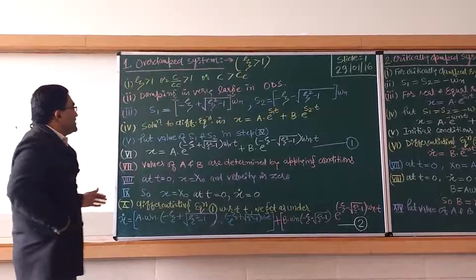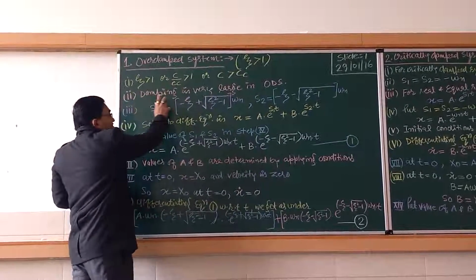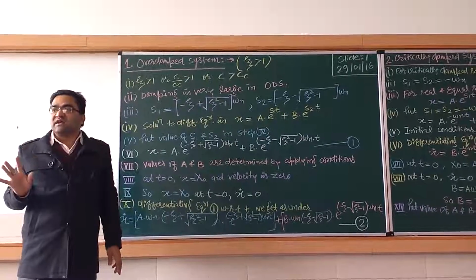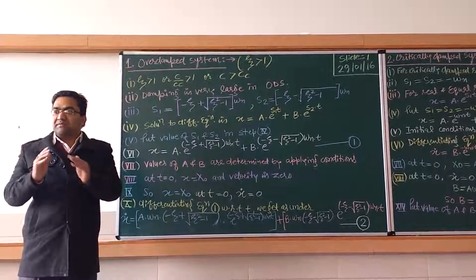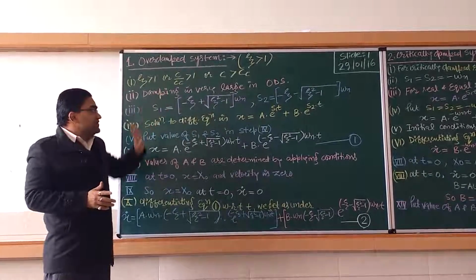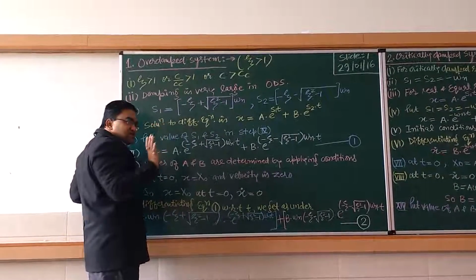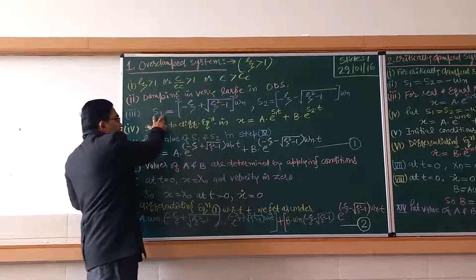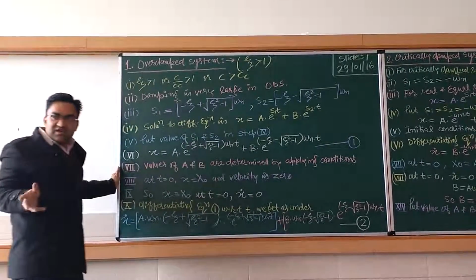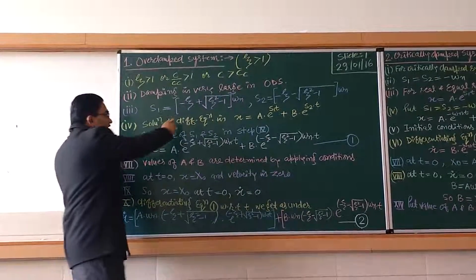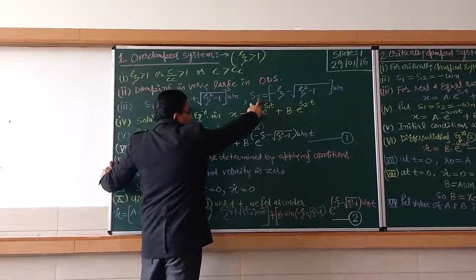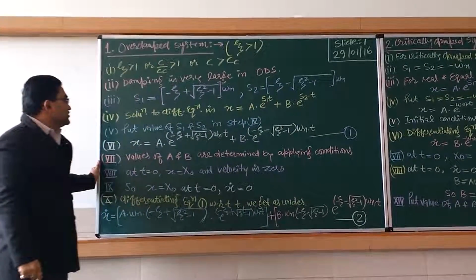how it will be. So the second point is that the damping is very large in an overdamped system. The name itself indicates it is overdamped, meaning damping is more than sufficient. So damping is very large. Now we have already solved in our previous lecture the two roots s1 and s2 from the differential equation. The roots were minus zeta plus or minus root of zeta square minus 1, into omega n, and similarly the value of s2.